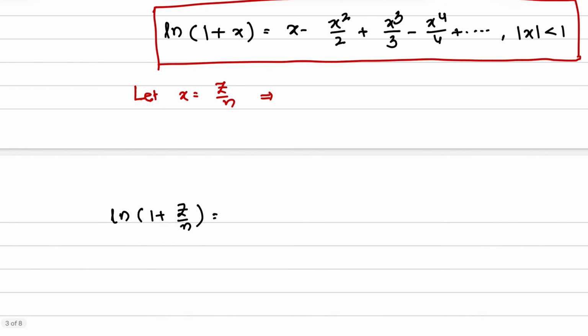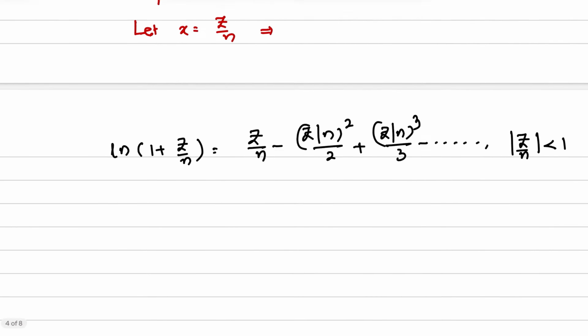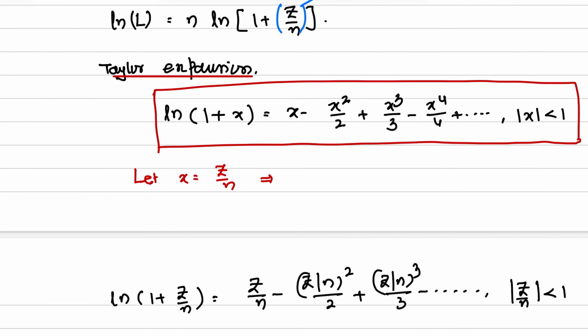What will be its value? z by n minus (z by n) whole square by 2 plus (z by n) whole cube by 3 and so on, for z by n less than 1. Now, because x is less than 1, we will replace this value